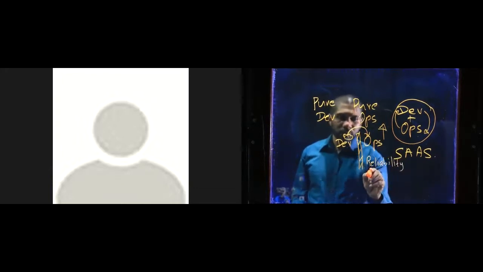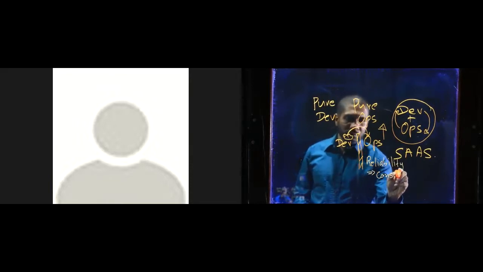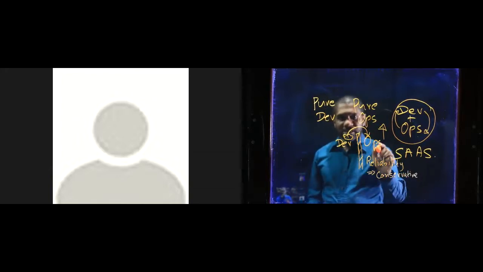And therefore, reliability means they need to be conservative, right? Which means anytime you want to do an upgrade, these guys are going to be really, really careful about what that upgrade is going to do to production. You have a production system, you have customers. The customers may be internal people, they may be external, depending on your organization.